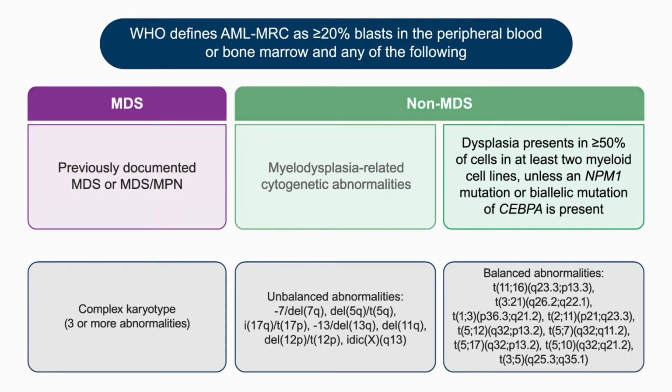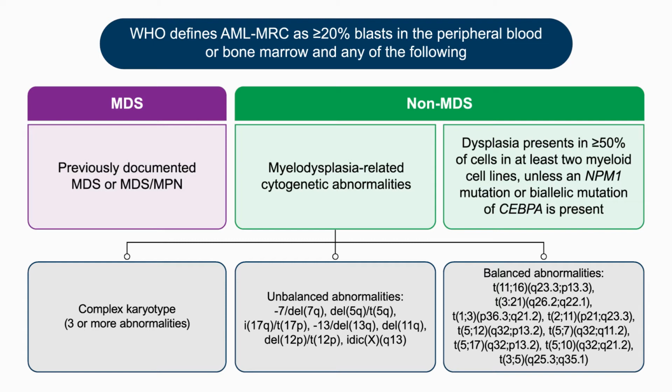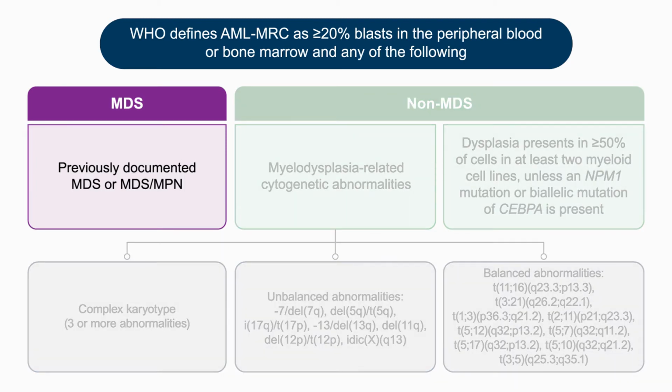The World Health Organization defines acute myeloid leukemia with myelodysplasia-related changes as an AML, which by definition has equal to or more than 20% blasts in the peripheral blood or the bone marrow, but it also needs to meet one of the following criteria. So the patient needs to have either a history of an antecedent chronic myeloid neoplasm, which most commonly is myelodysplastic syndrome, but it can also be myelodysplastic syndrome myeloproliferative neoplasm, such as chronic myelomonocytic leukemia, for example, or the AML needs to have one of the following. So either there needs to be